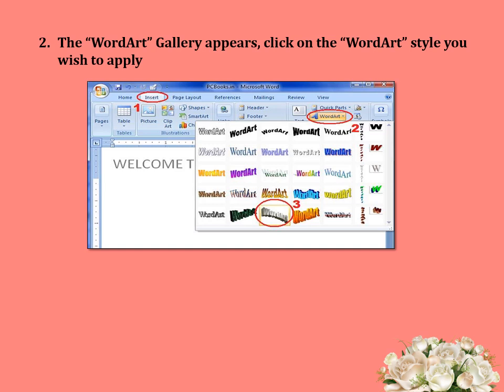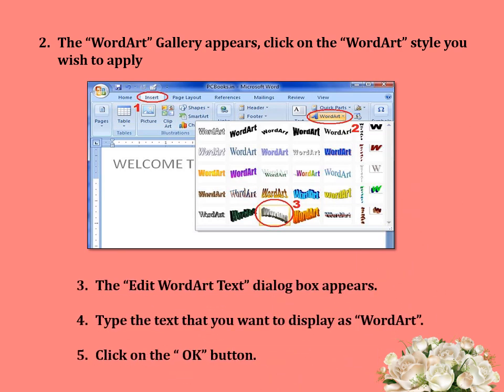Now click on the Word Art style you wish to apply. You can choose the style from this gallery. I choose the third circle. I choose this style. Then as you choose the style, the Edit Word Art Text dialog box appears. Then you have to type the text you want to display as Word Art.